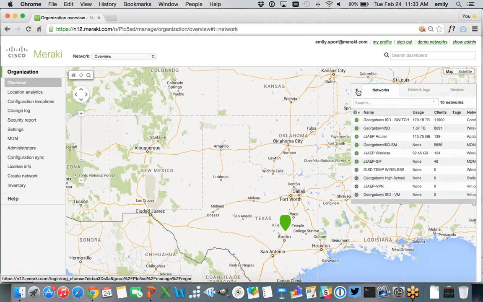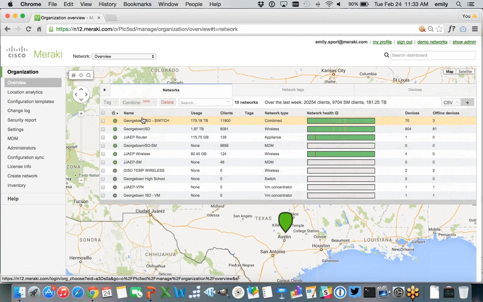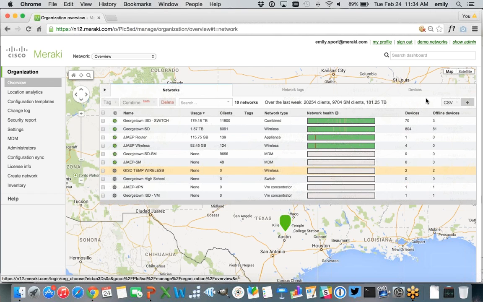I can come up and get summary statistics about my network. So like Donnie, I think, alluded to earlier, you can sort by usage, sort by clients. You could tag your networks if you wanted to and label them a certain way, and then search by tag. And you're getting a lot of information about the network health and connectivity, if there were any reboots or down equipment at any point in time over the last week, and summary statistics for a given week, as well as total number of devices and offline devices and things like that.